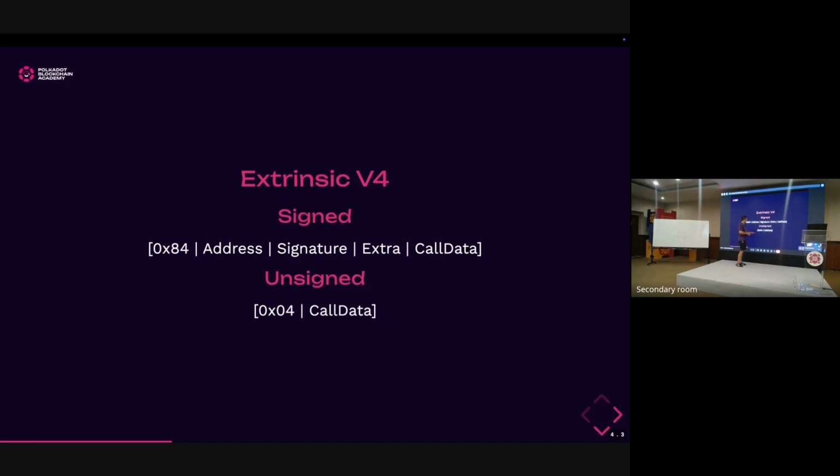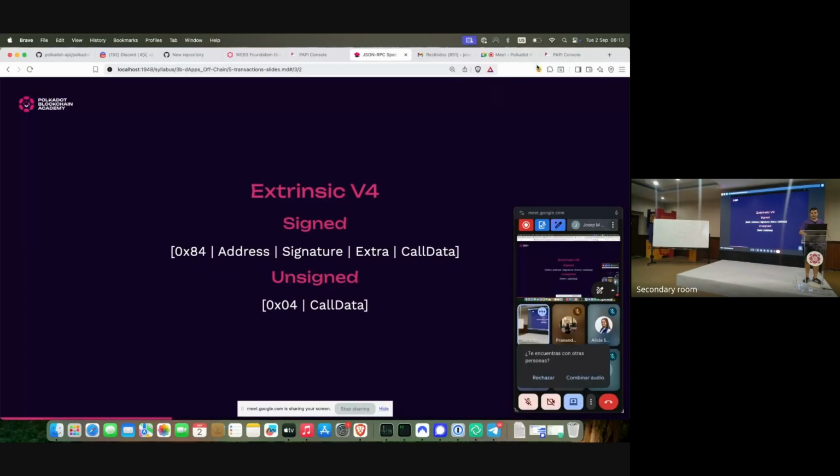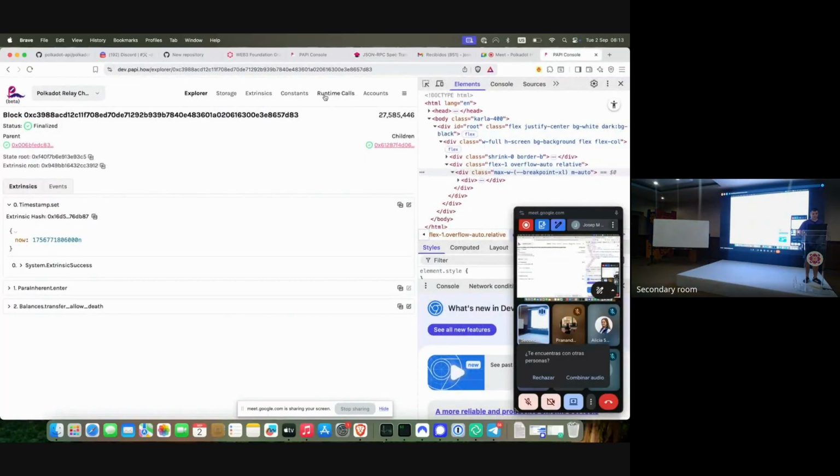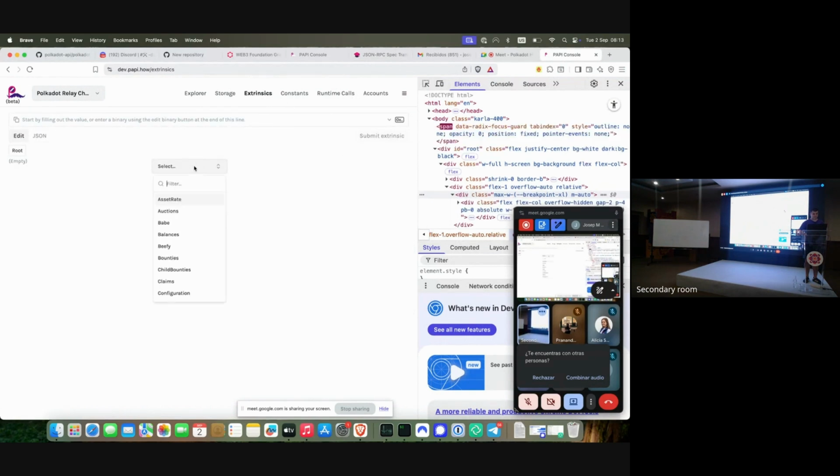This byte here indicates whether it's signed, unsigned, and the version, right? And then we put the call data directly. The call data is, let's go back to the console so that you see when I talk about call data, so that you know what I mean by call data. Here, I'm going to create the call data for balances,